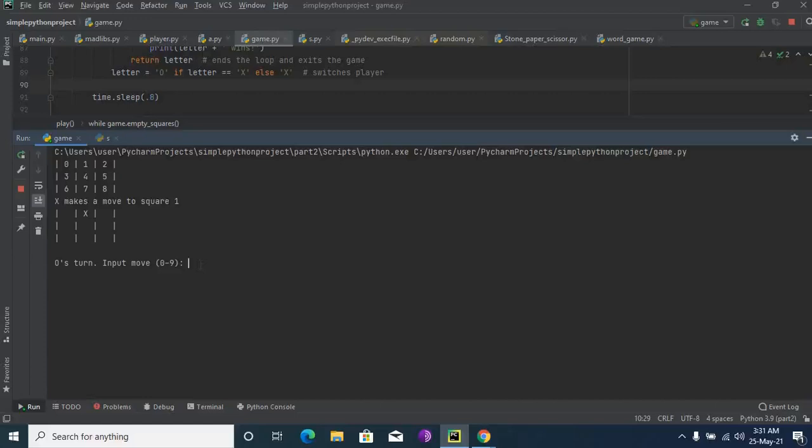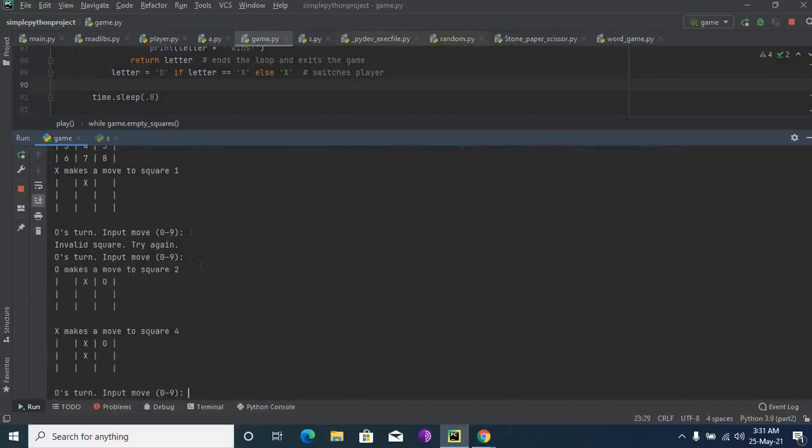We must not choose a position that is already taken. If we do, it will say invalid square, that the position is not free. So now I'm entering the next position. Where to? Now I'm telling 2.